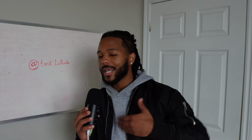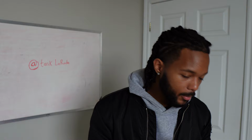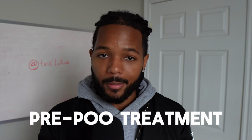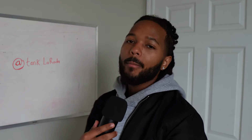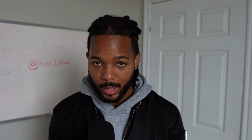Now, if you're a dude, there's a high chance that you've never done this next tip before, but I highly suggest it. Because if you try this on your next wash day, I promise you will notice a difference. And that is using a pre-poo treatment. No, this ain't got nothing to do with number 2, okay? The pre-poo treatment is basically a treatment you apply to your hair before you use shampoo. This could be anything from using an oil or a deep conditioner or anything like that. Basically, you want to apply some moisture to your hair